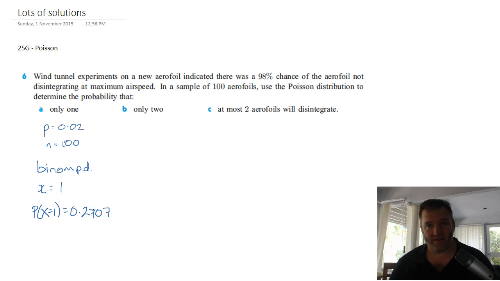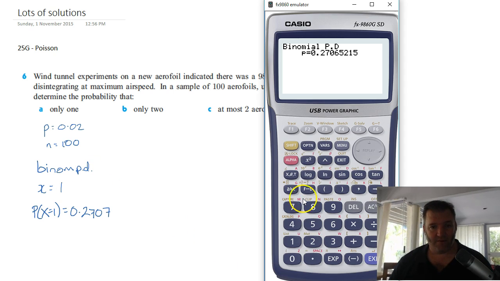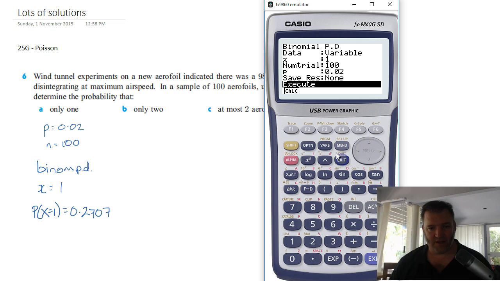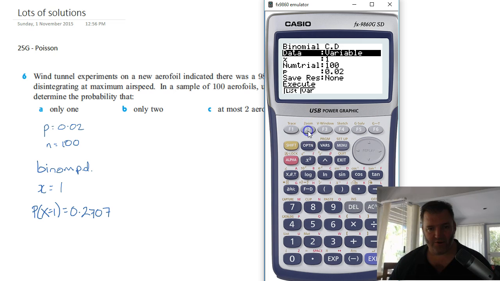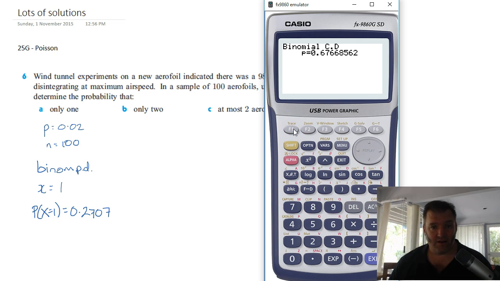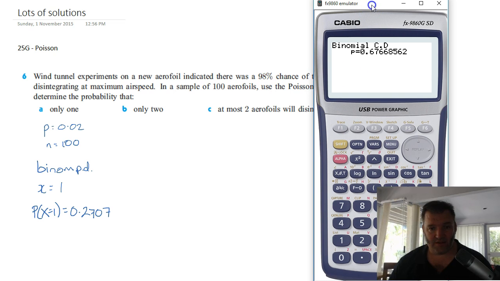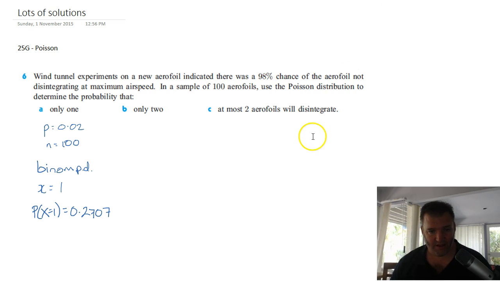Only 2, going to work exactly the same way, except we do 2. At most 2 will disintegrate. This time it's up to and including 2, so we just exit and do our distribution as a binomial cumulative distribution. And we want to know up to and including 2 disintegrating. We can go ahead and execute that one, and we've got the answer. 0.6767 if we use a bit of rounding there. 0.6767. Obviously you'd use a bit of communication, show everything that you do, but that's how you do it using